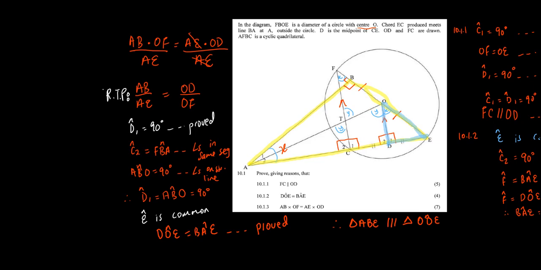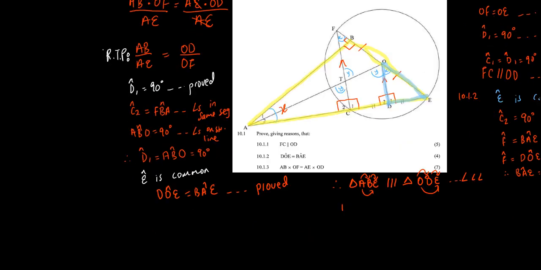ODE. Then we say angle, angle, angle. So we can say angle, angle, angle. Then from there, guys, you can use the frog to get the sides to be in the same proportion. Now check, AB over OD is going to be equal to BE over DE, which will be equal to AE over